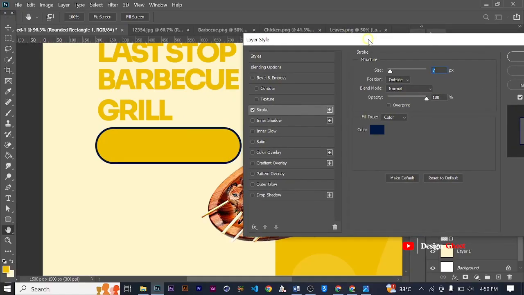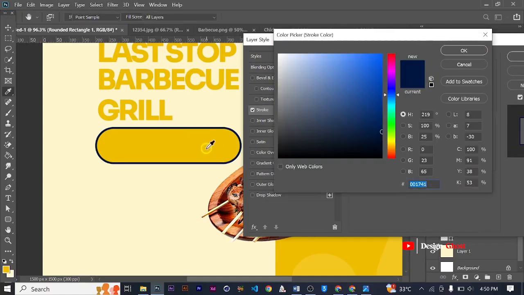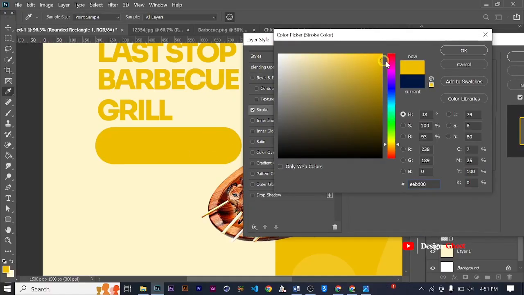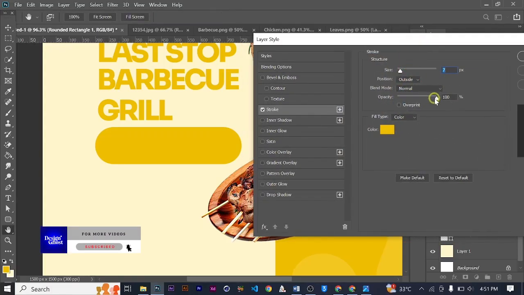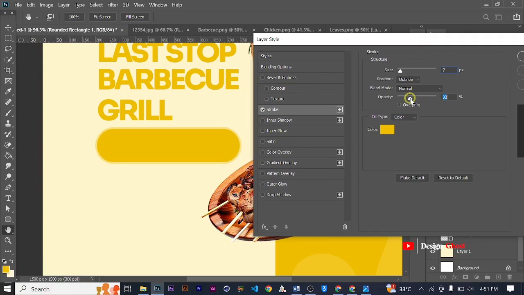So I'll add a stroke, and I'm going to reduce the opacity, increase the stroke a bit, and instead of outside, I'm going to take it inward,